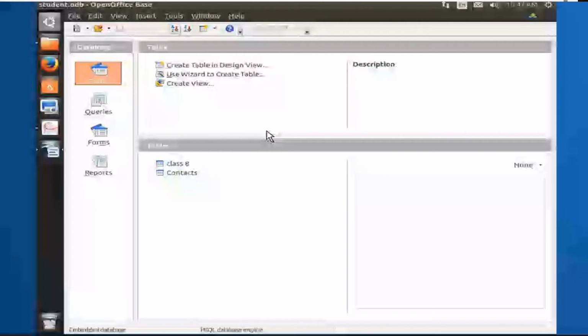Enter an optional description about the field if needed. Press the Tab key once again to move into the next row under the field name column. Repeat the above steps to define the other fields of the table. Then save the table using the File Save option. The Save As dialog box will appear as shown in the figure. Enter a suitable table name and click OK.